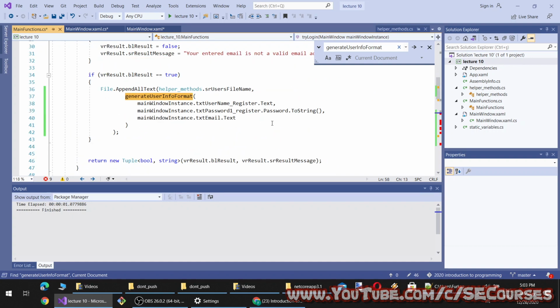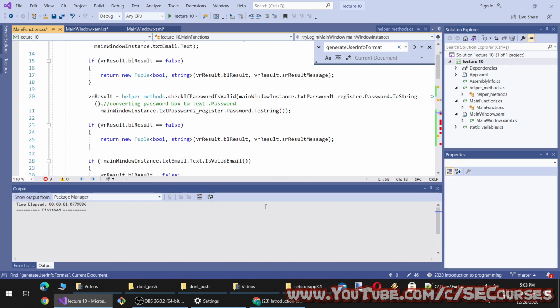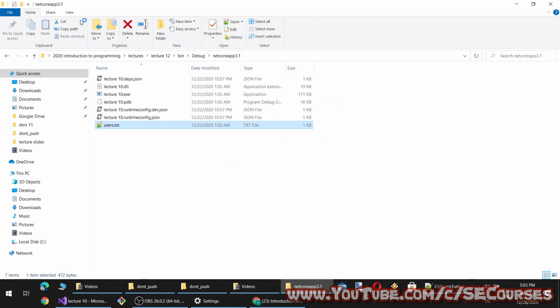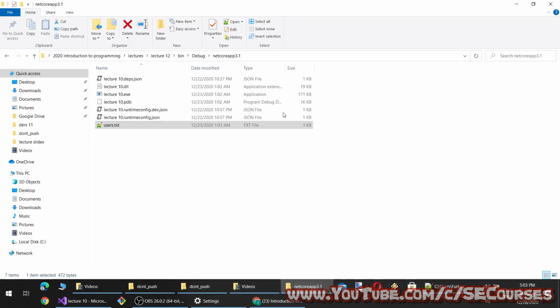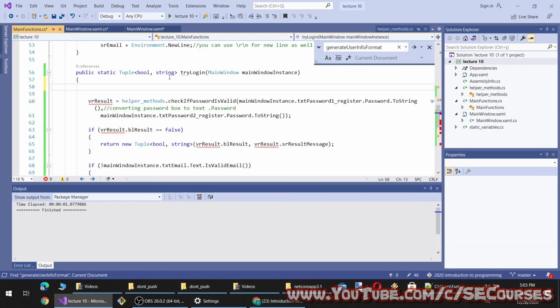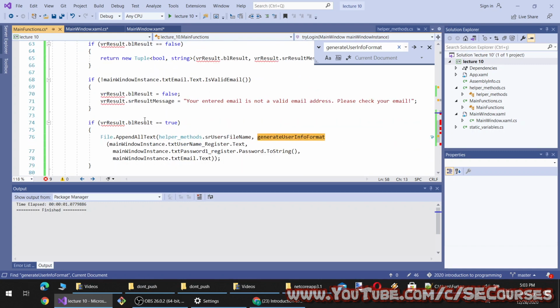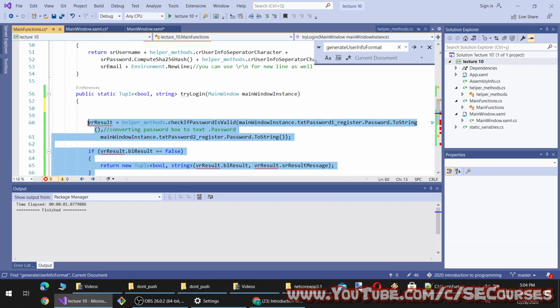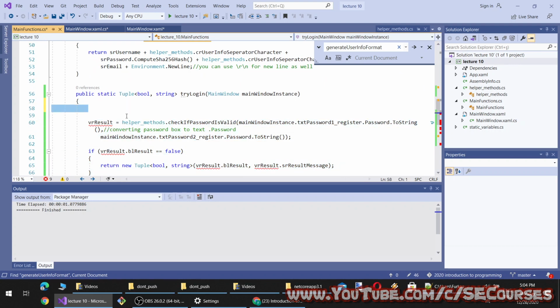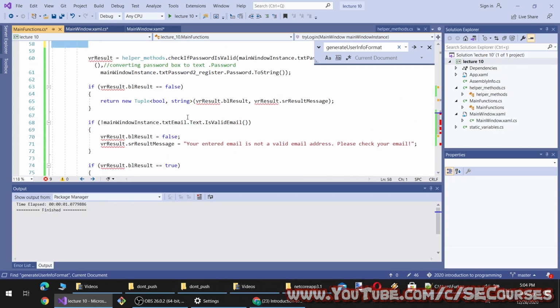So in the try login method, we will scan the users file and check whether that user exists or not. If it exists, whether the password matches or not. Okay. So to do that, I can check each line and verify whether it exists or not. So this would be the primitive way, but this should be working for now.